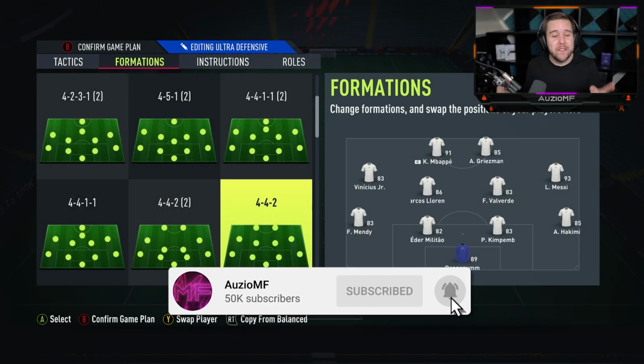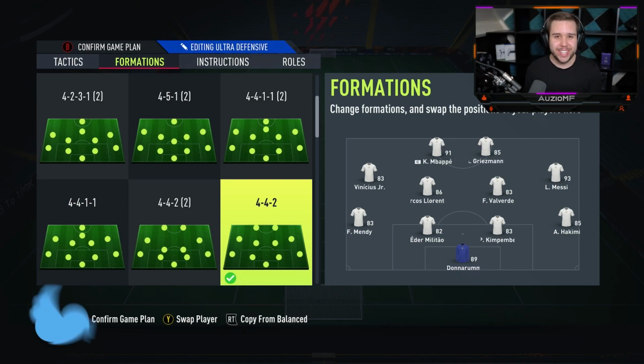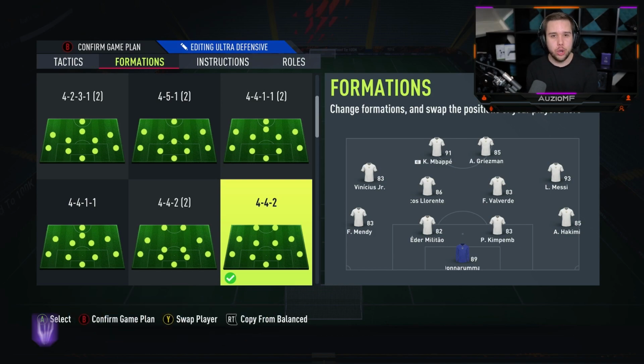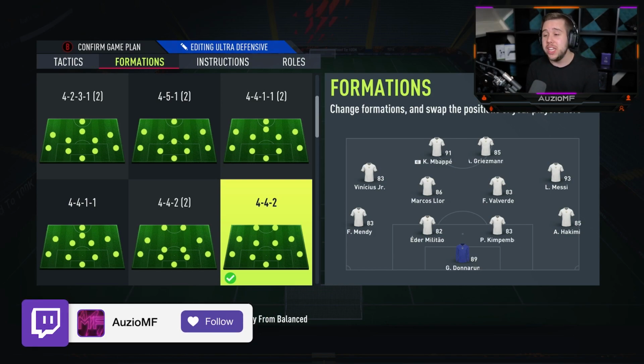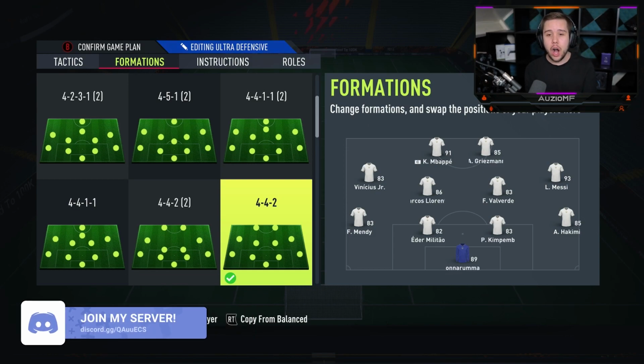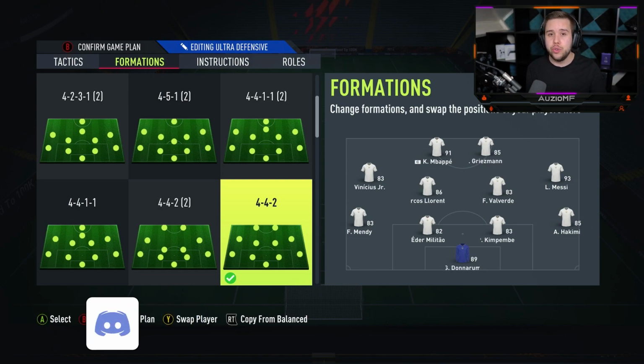So today I have got my 4-4-2 custom tactics. It's a formation this year that I feel like is amazing going forward. The amount of options you have going forward is stupidly good, and I feel like it's one of the best attacking formations in this game, hands down. Now defensively, I would say it's nowhere near the 4-2-3-1, but if you know how to defend in the 4-4-2,